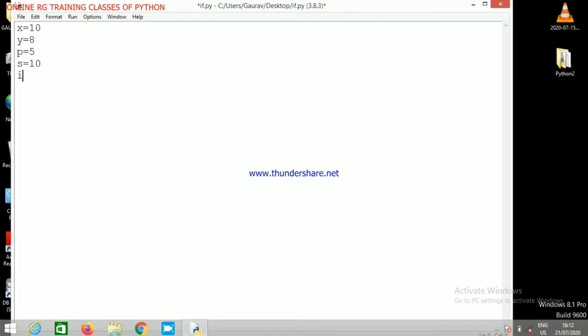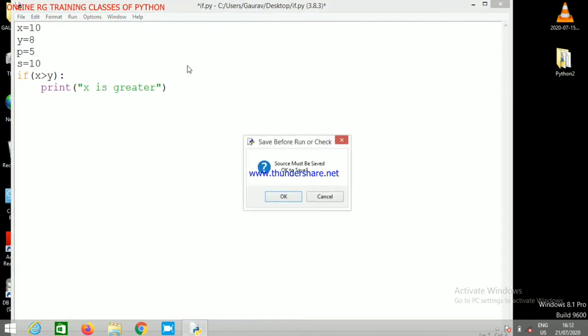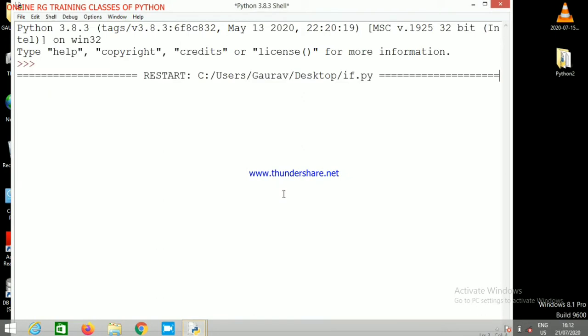So we are using if x is greater than y, then print x is greater. Now if we run this, you can see that we are getting the output x is greater.